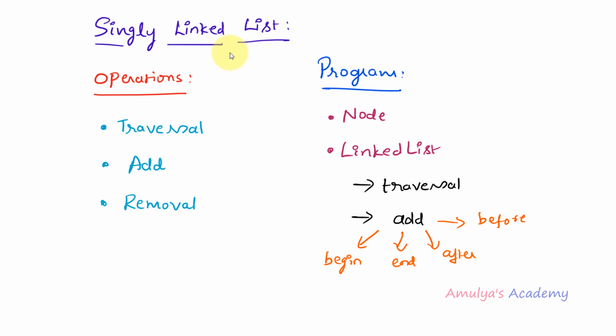We were discussing the linked list program, and we were using class concepts to implement a linked list in Python. Previously we created a node class and a linked list class, and in the linked list class we wrote a method for the traversal operation and for the insertion operation, that is, to add an element to the singly linked list. Next we'll discuss the deletion operation, or removal operation. We'll see how to delete a node from the singly linked list and how to write the code for that.